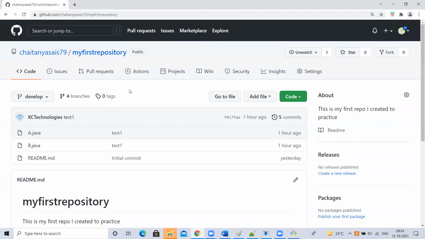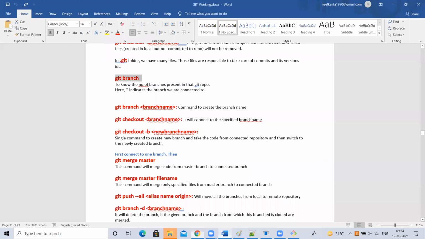Yes, sir. How to change the default branch? You know how to change the default branch. You understood? So when someone clones this repository, by default, they will be connected to development branch instead of main branch. Clear? Okay. Next, how to switch between the branches? I just showed you. Git checkout, branch name. Now, I want to create a branch through commands.